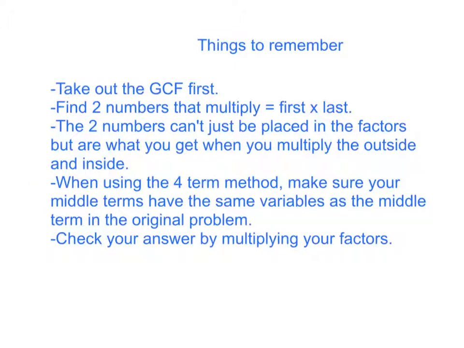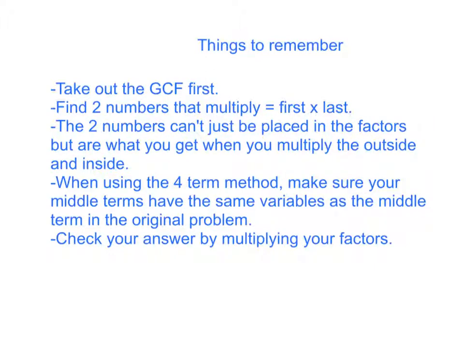A couple things to remember as you're going through this factoring. This is the hardest type of factoring. Make sure you take out the GCF first. It'll make it easier. As far as the numbers, you'll have smaller numbers. You're going to have to take it out at the end anyway, so you might as well do it at first. When you find the two numbers, you want to find the two numbers that multiply to give you a